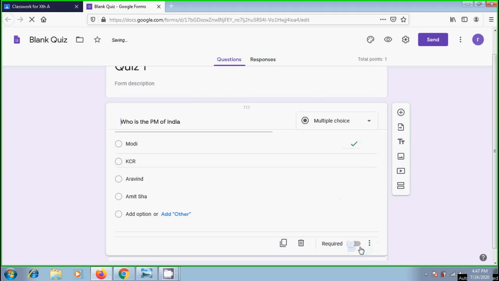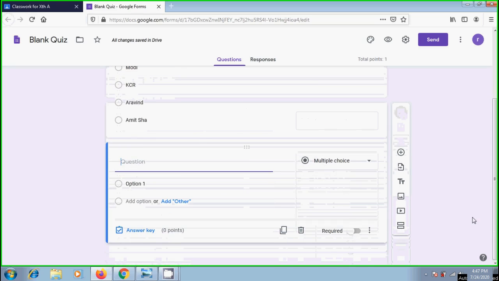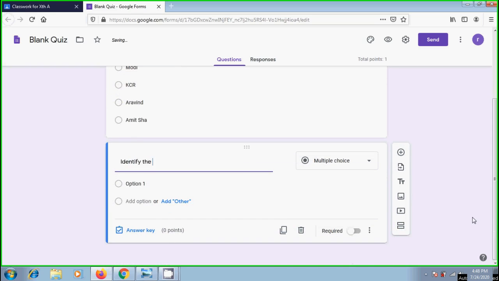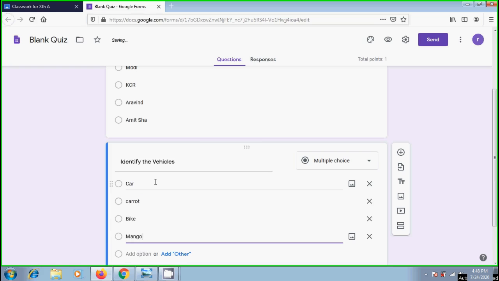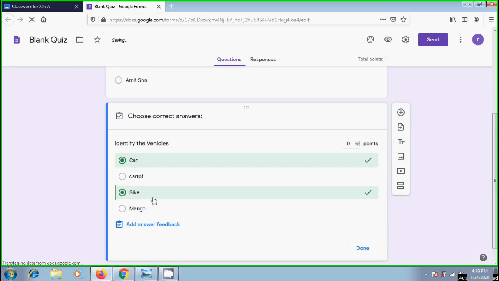Click on done. And to add the second question, we need to click on the add question option and follow the same procedure to prepare the questions. And we need to select the correct answer and also set the points.